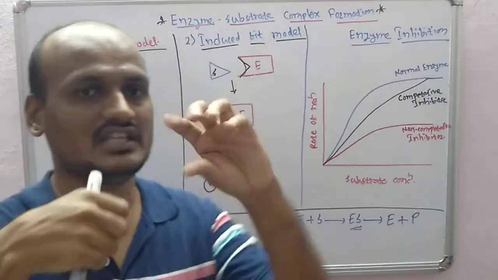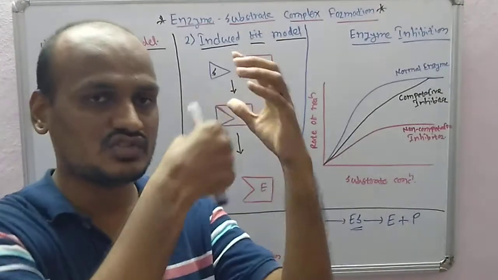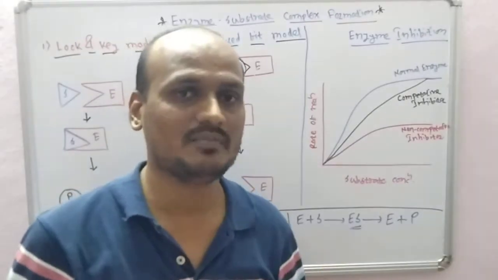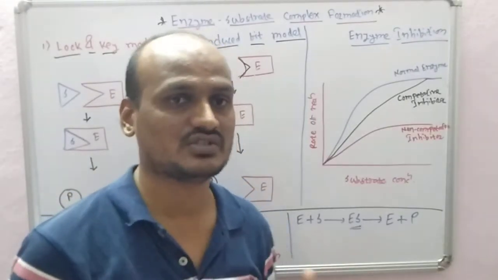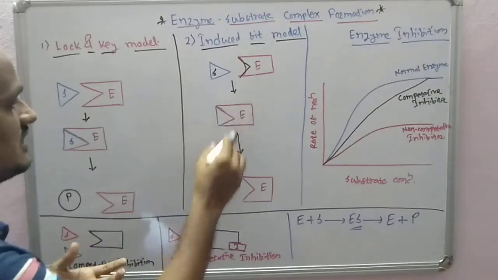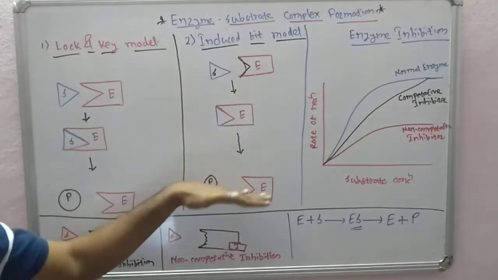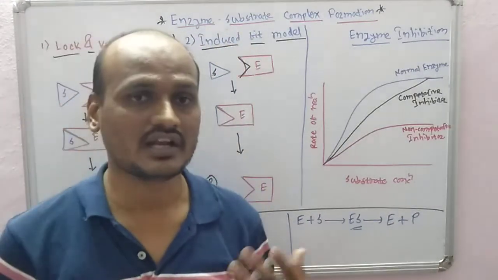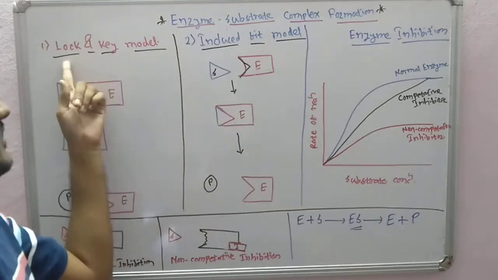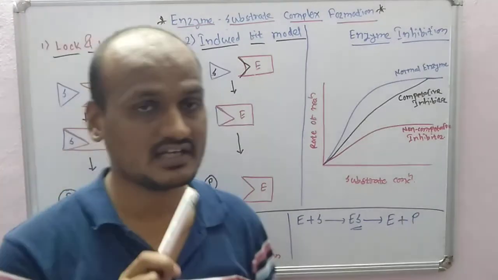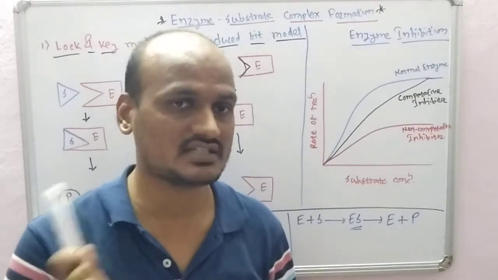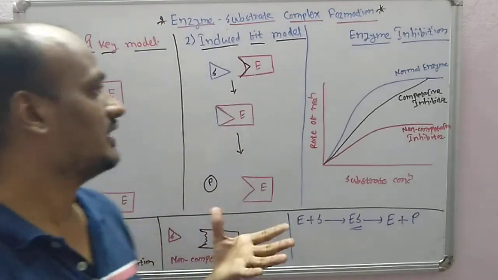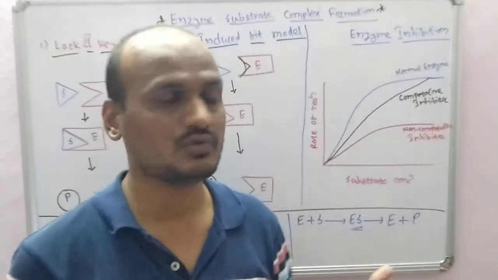Previously the shape was like this. With induced fit, the shape now becomes complementary to it. So the enzyme shape can become complementary to the substrate shape in the presence of the substrate. That is the induced fit model, and this can then give the enzyme plus product. So you can see the enzyme is not used up in any reaction, it is just facilitating an increase in the rate of reaction. These are the two major mechanisms: lock and key, with perfect shape complementarity between enzyme and substrate, and induced fit, in which you have to induce the particular shape in the enzyme for it to function properly.